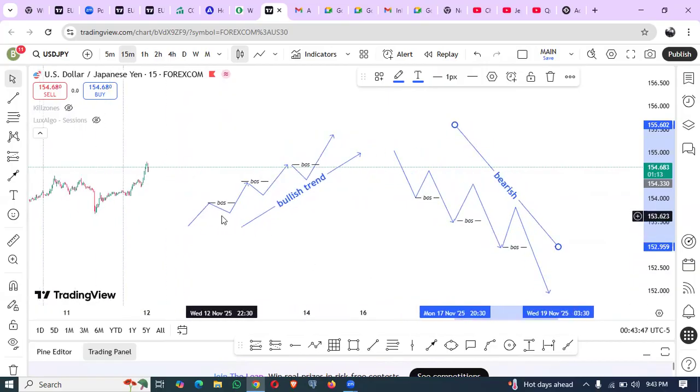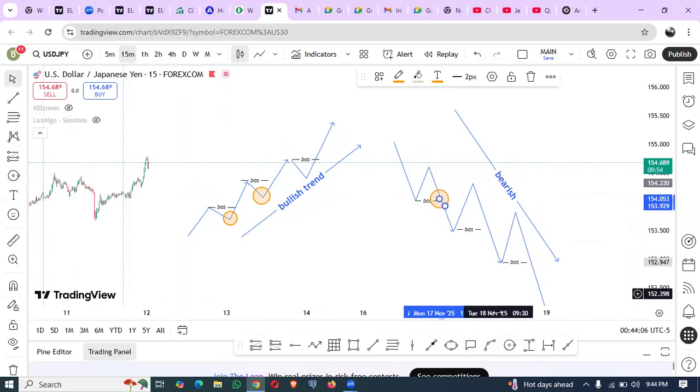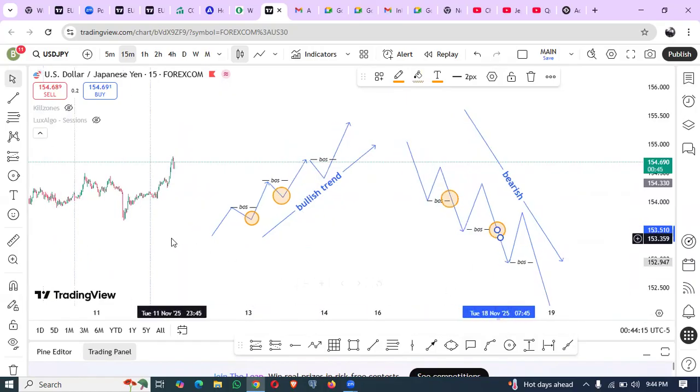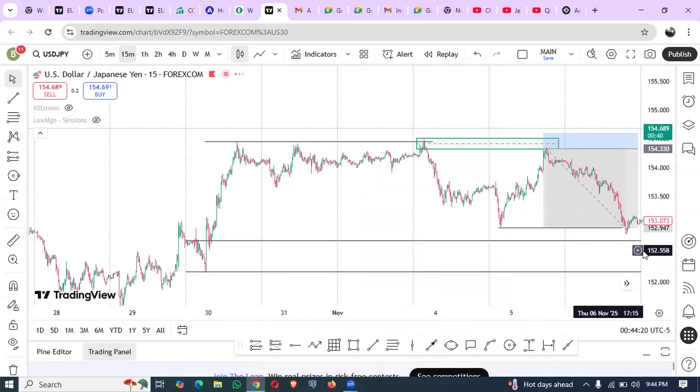So here we have this. Let me circle them. We need the first push here. That was the first one. Second. So you need 2 breakup structures to validate a trend. Here again, broke below here, 1. Broke below here, 2. Once you have BOS1, BOS2, that's your valid break of structure. So let's walk through